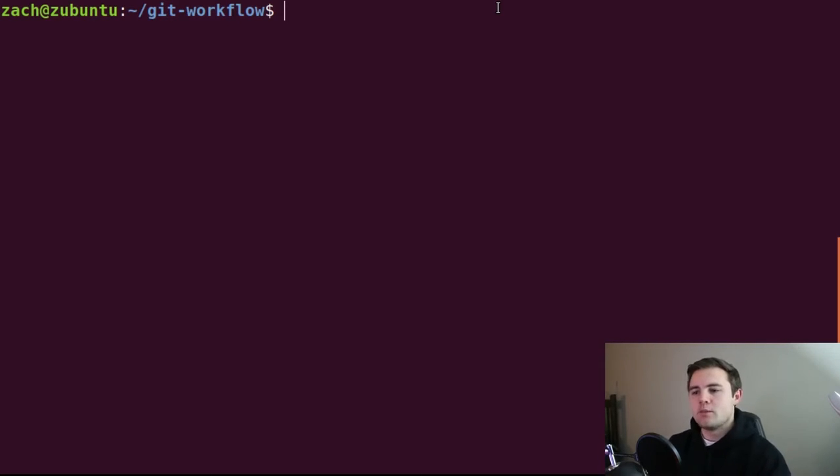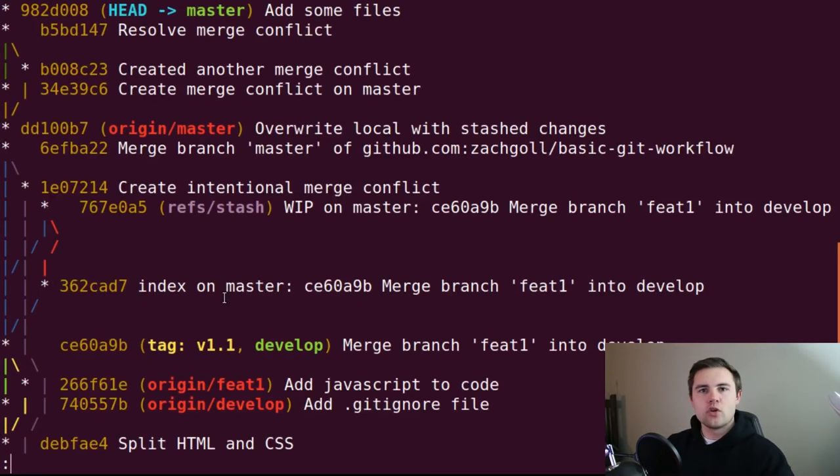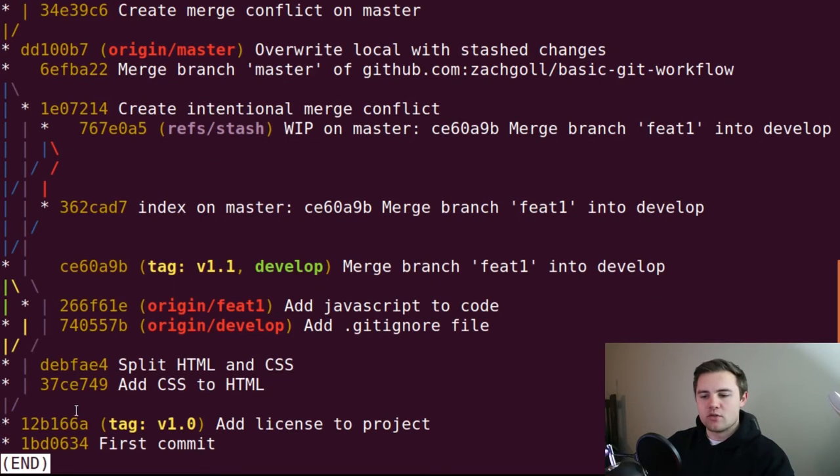The first thing that we'll do is start to get used to using the git log utility, because you're not always going to have someone putting together a PowerPoint to visualize what a repository looks like at a given point in time. So you can type this command here, the git log and then all these little options, and this will show you what your repository looks like at any given moment. You can see that our repository is pretty complex. We've made quite a few changes at this point, and you can just press spacebar to go down to the